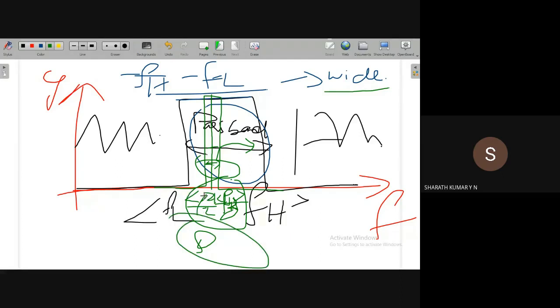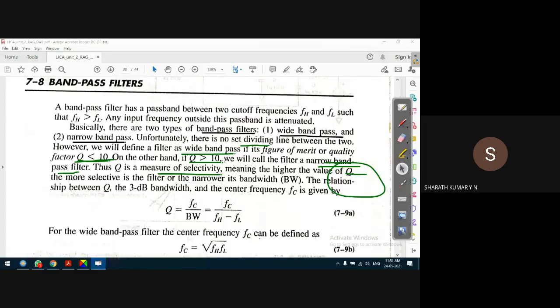It's okay if anywhere from 1 kilohertz to 3 kilohertz is fine. Let's say the lower pass band is 1 kilohertz and the higher pass band is 3 kilohertz, and then Q is smaller. Q is lower, so the quality of measurement is low. Then we arrive at a wideband pass filter. Q is more selective for a narrow band filter.